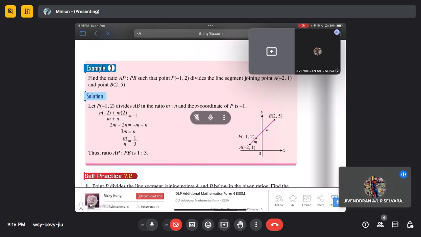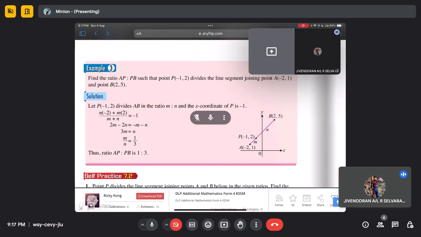Okay, so at first, if possible, just roughly draw the x-axis, y-axis and the line, and plot the points yourself so it's easier for you to understand. Here they have drawn it, and then you can plot point A and then P. Then the question has said P divides the line, so P is the middle dot, and then B. So by this you know that